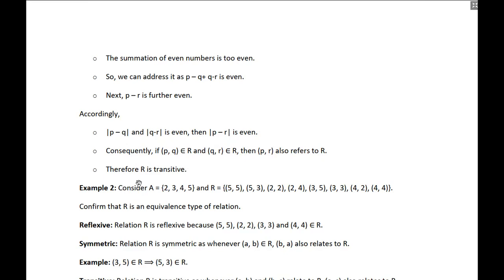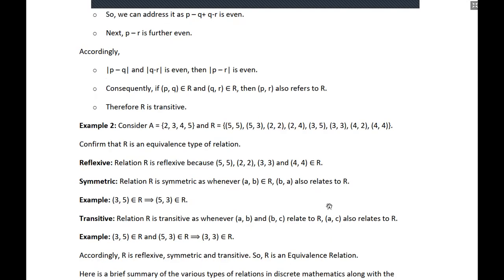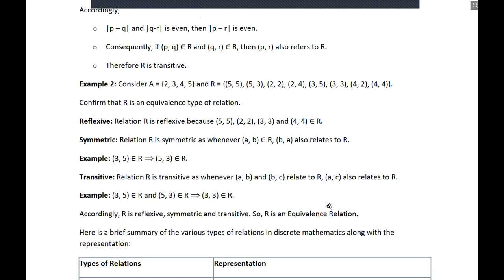Here is another example: A is {2, 3, 4, 5}, and R is given. Confirm that R is an equivalence relation. We can justify that R is reflexive, R is symmetric, and R is transitive. Easily,